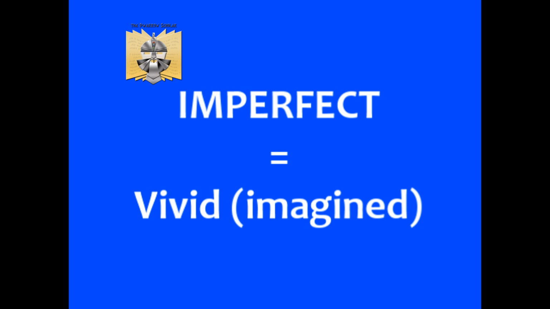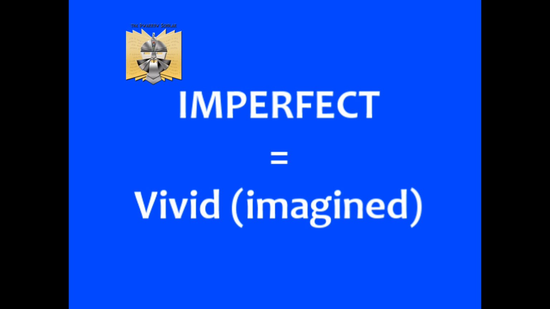Now, you might remember that with the perfect tense, we add something to the end of the base of the verb to form the conjugation. With the imperfect, we will add something to start and at the end of the verb base. So let's take a closer look at what is added exactly.